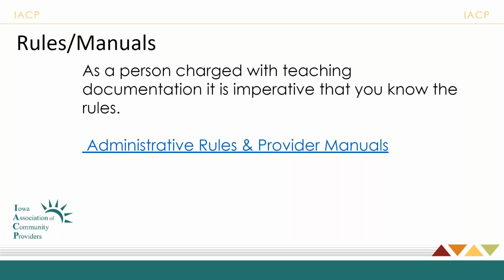In Chapter 78, that's where you're going to find your scope of service. For each of the Medicaid services, that's going to tell you what you can do for each service component, also what's excluded from each service component. The only thing different from HCBS waiver and habilitation services is that you will also find the eligibility requirements for habilitation services in Chapter 78.